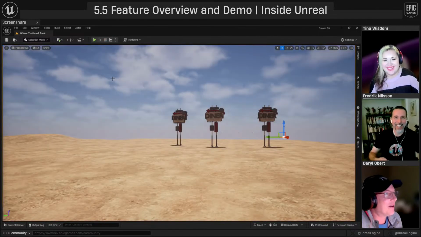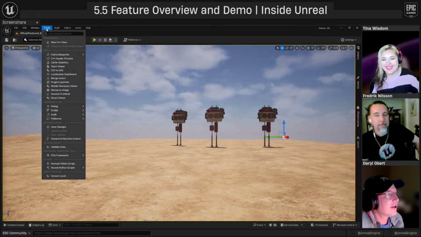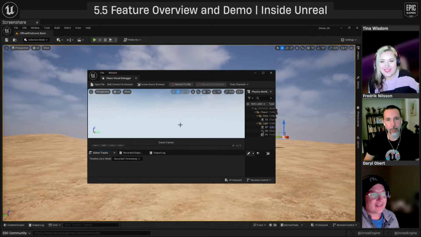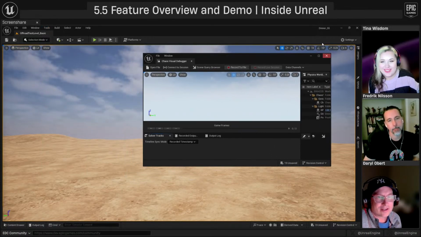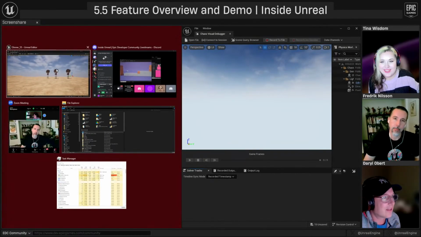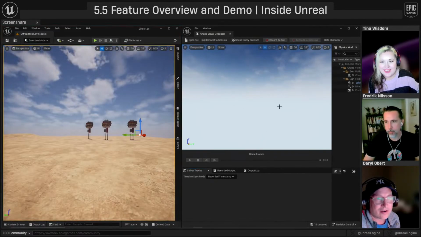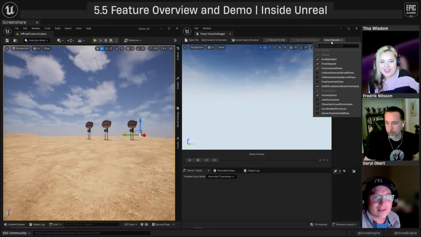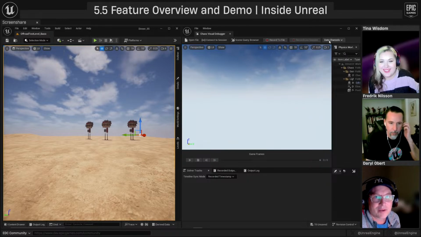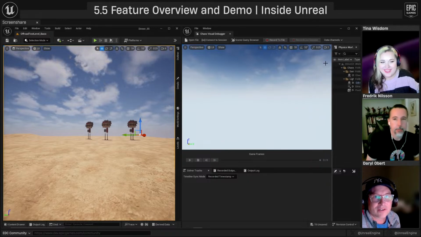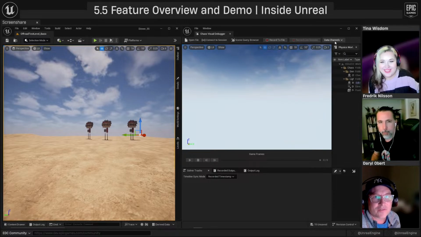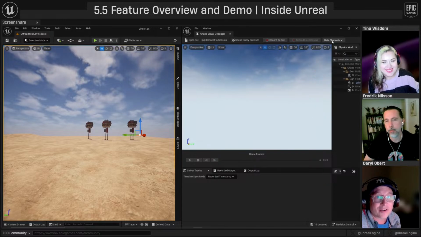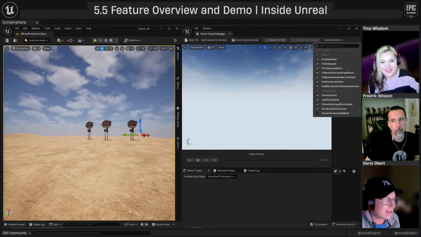Oh, but here, it gets better. Look, because we have this thing. We have tools, debugger, chaos, visualize debugger. This is new, and it's really, really neat. So if we dock that there and dock that there, and in theory, I don't know what we want to see because we're quick, because you guys have been sticking with us for a very long time. I'm going to turn on all this stuff. We're going to visualize. This lets you visualize what's going on with your physics, as well as all the traces and things that are in your scene. And it works like the rewind debugger on the animation side, very similar. I think I've turned it on here.